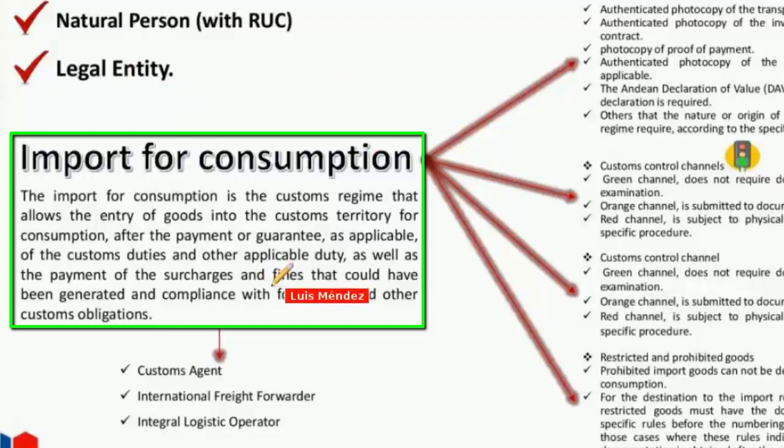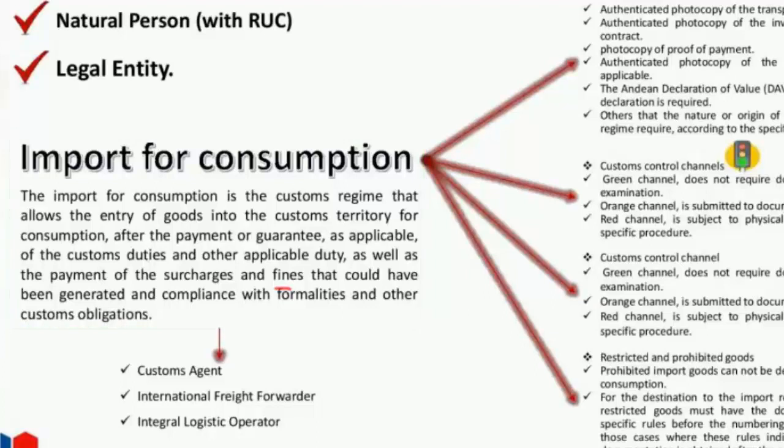In this case, fines will come if you don't number or if you don't describe your products well, or maybe you said you were bringing, I don't know, one cell phone, and when customs check it, you didn't bring one cell phone, you brought three or four. You will have to pay a fine. You are misdescribing, or you are lying to Sunat. So in this case,